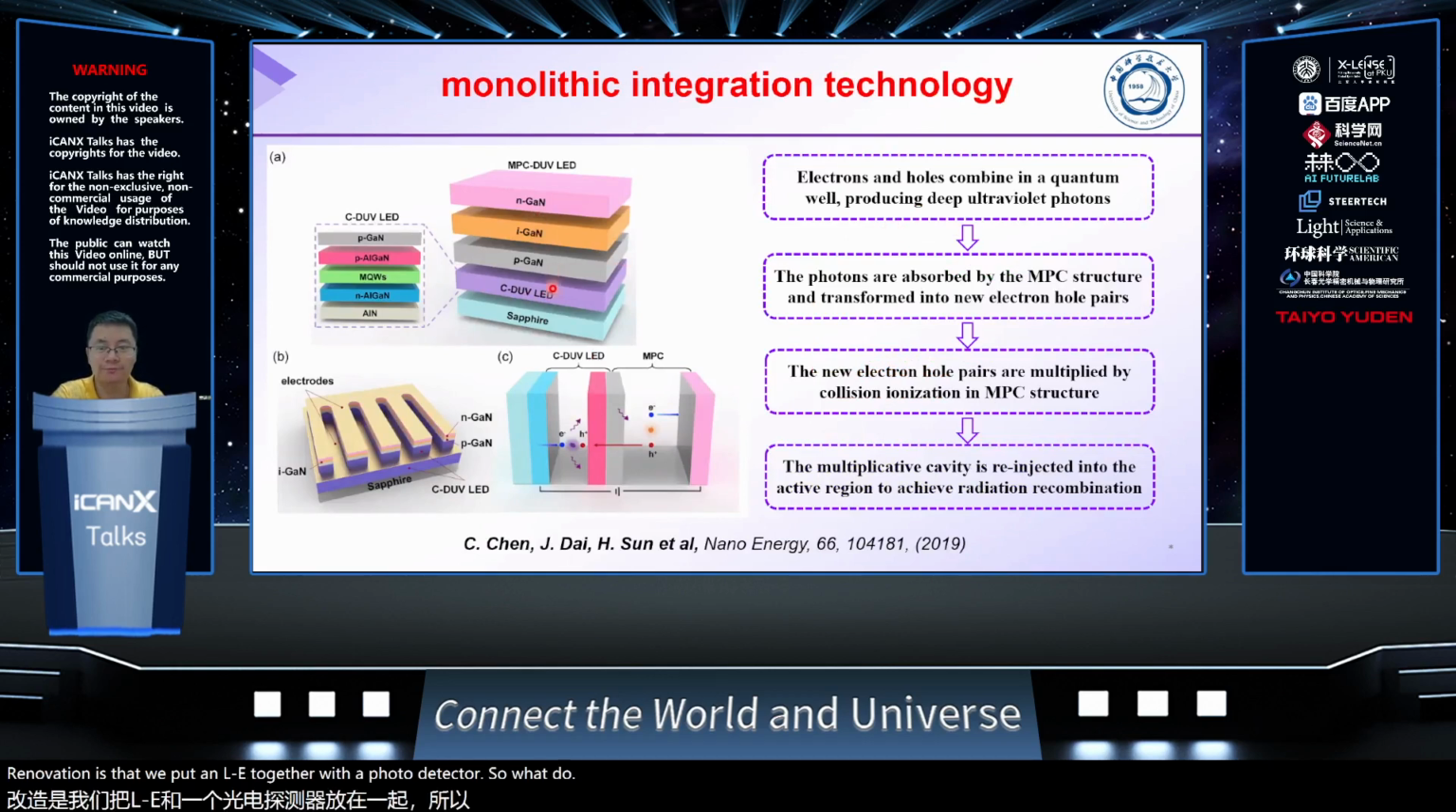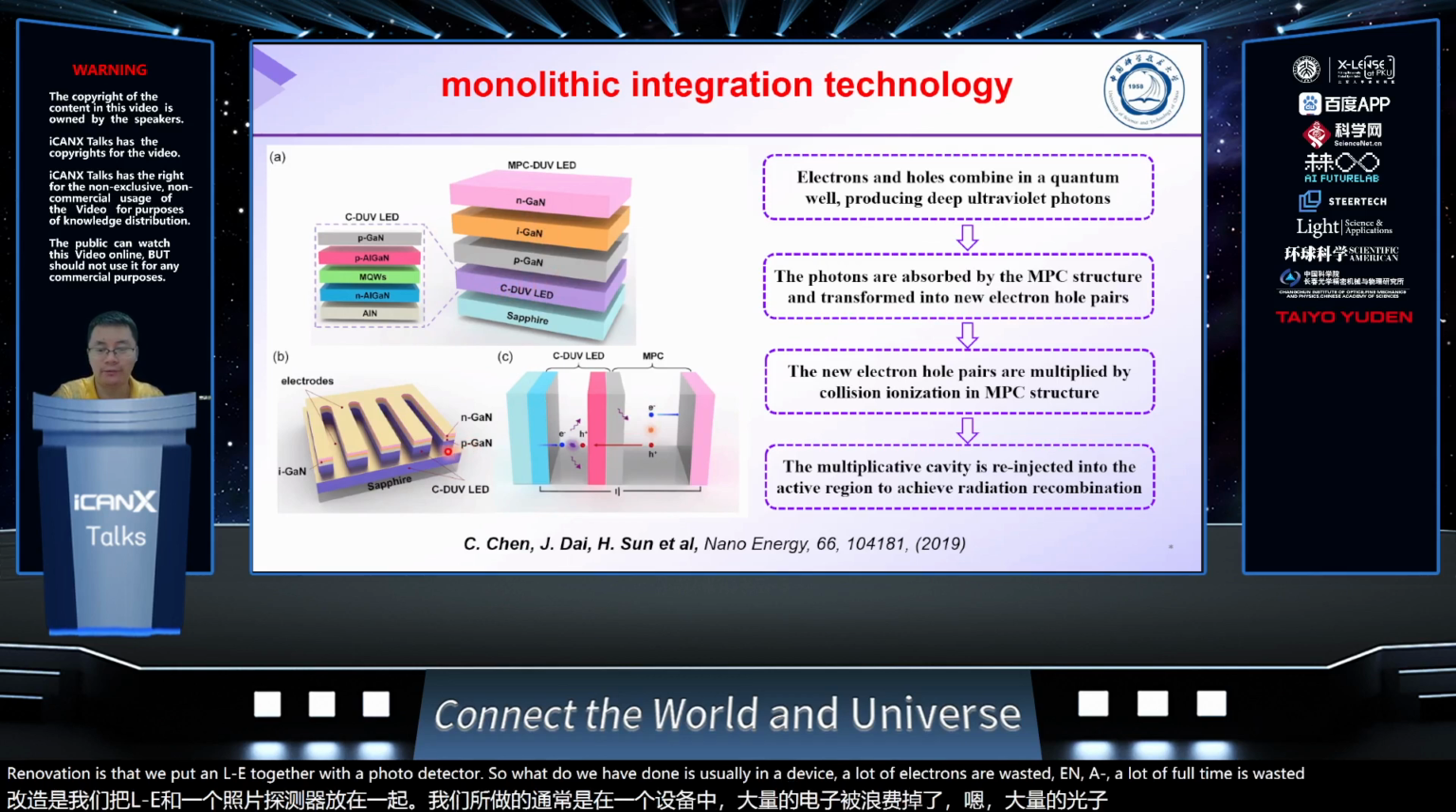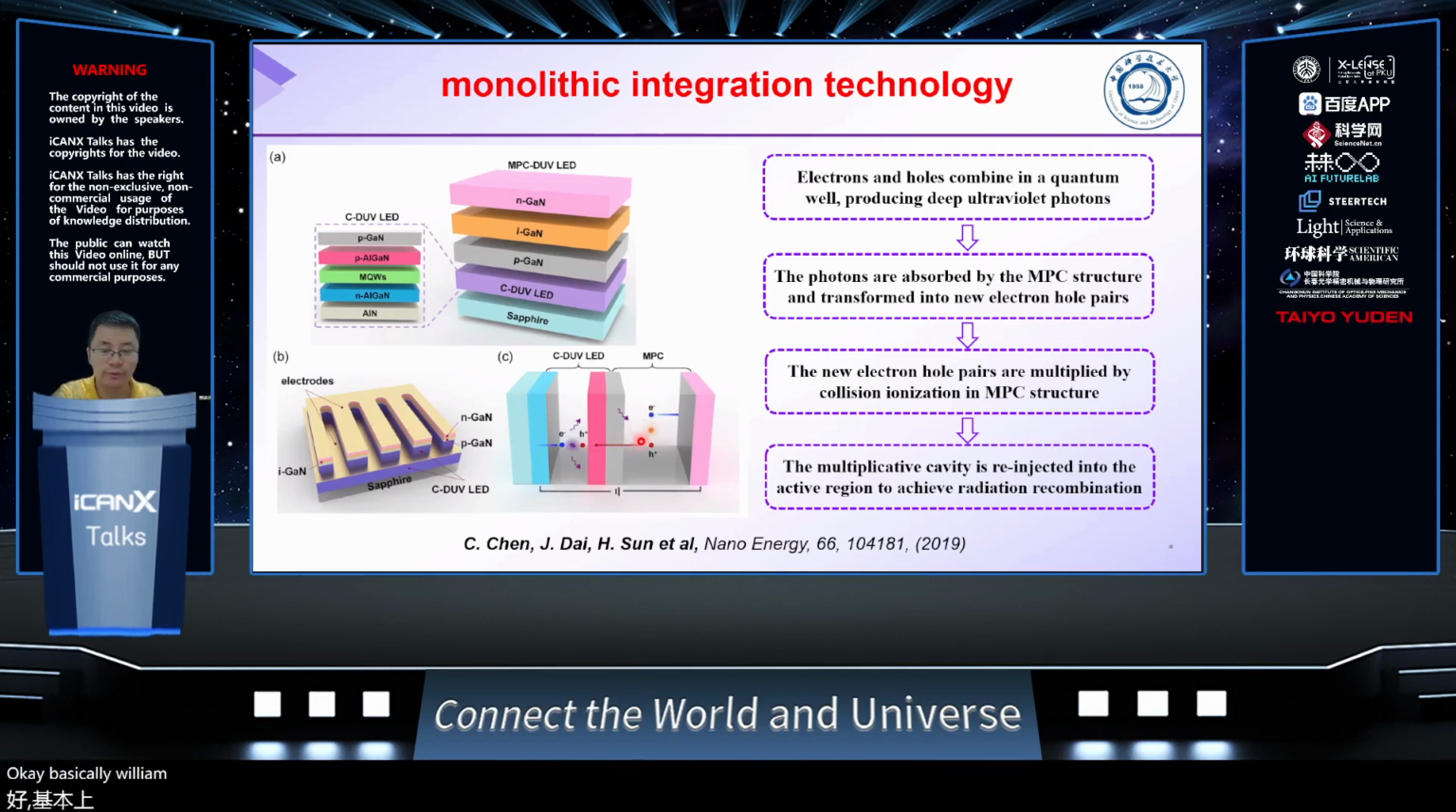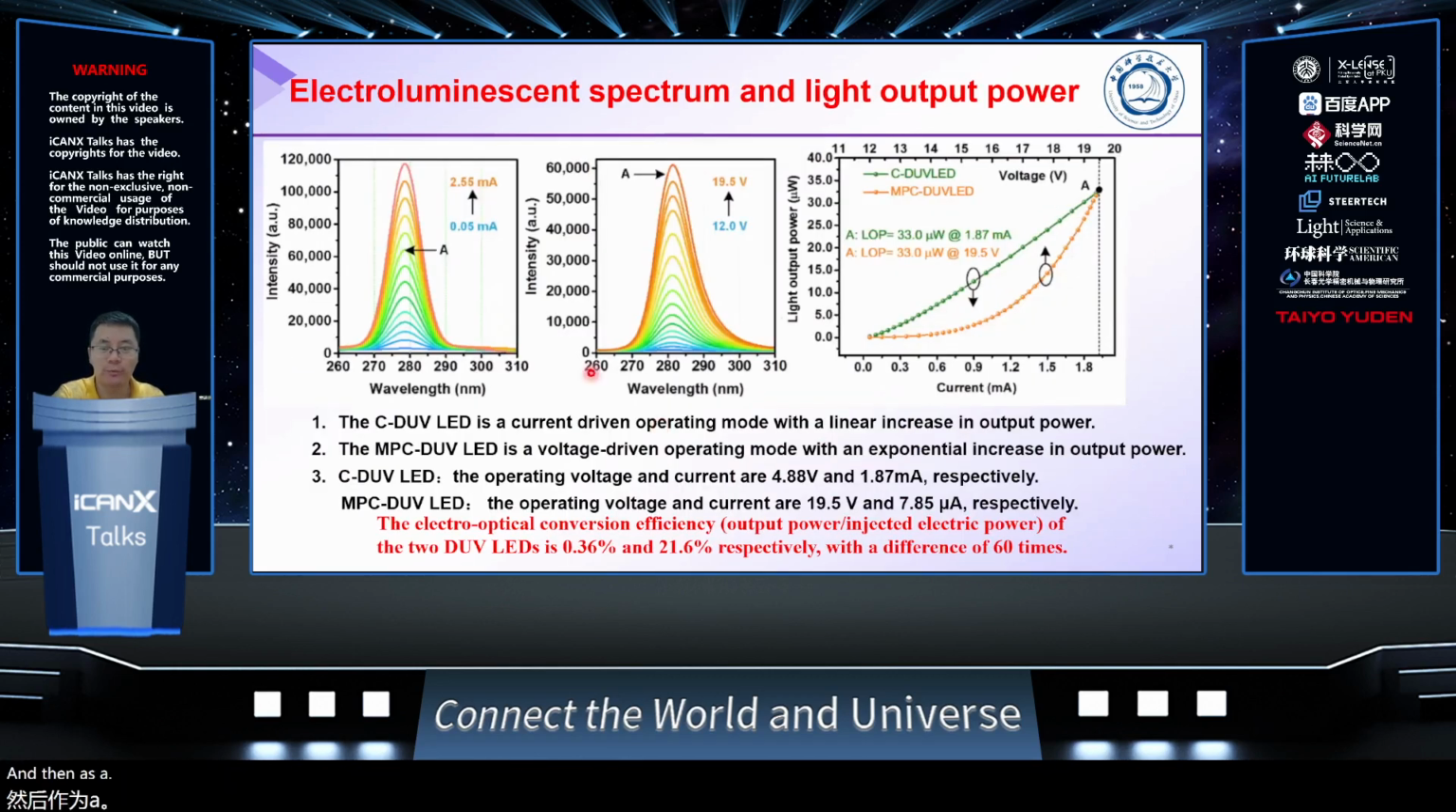What we have done is, usually in a device, a lot of electrons are wasted. A lot of photons are wasted and cannot escape from the device. So we basically put in a light recycle, a photon recycle. Basically, we recycle those wasted photons and regenerate electron hole pairs. And as a result, we can see that this is the electroluminescence